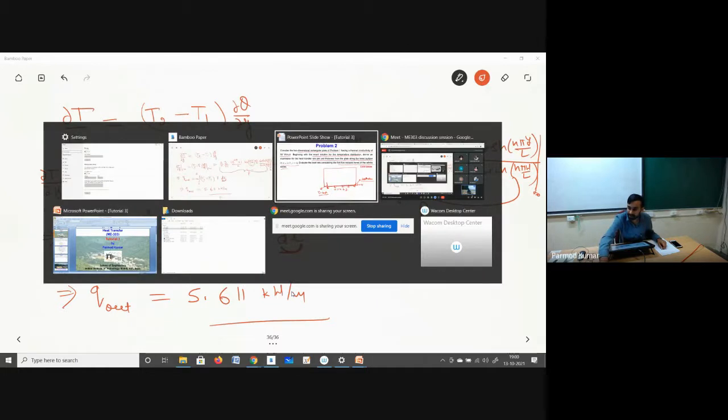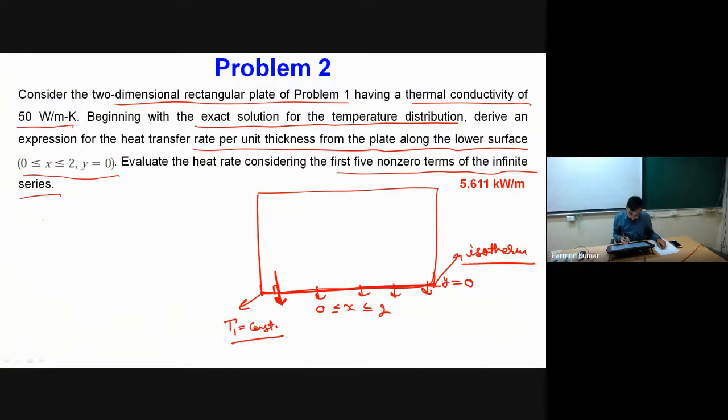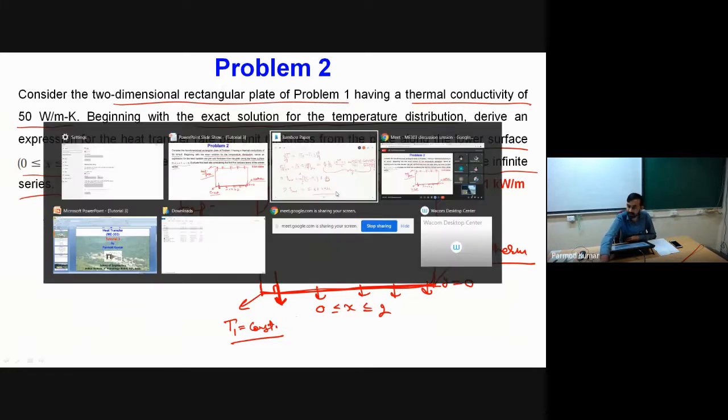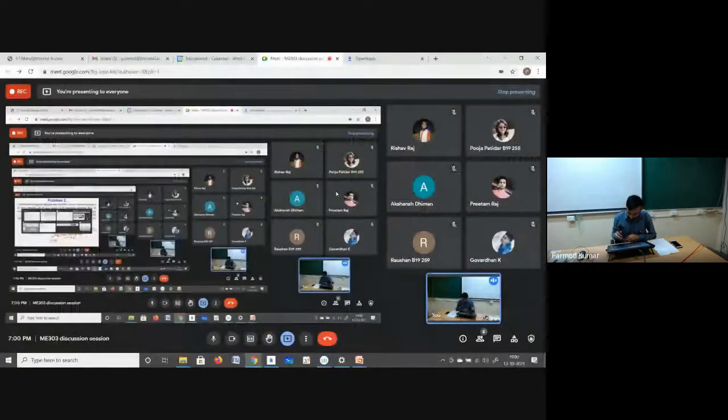Now one assignment is for you: the way I have applied this procedure for the lower face, you have to apply the same procedure for the top face. You will find some mathematical singularity over here when you do it for the top face. I will not discuss that now. This is one assignment problem for you, that try this formulation for the top face, and finally let me know. You should find some mathematical singularity over here. Okay, so that is something which you have to try.